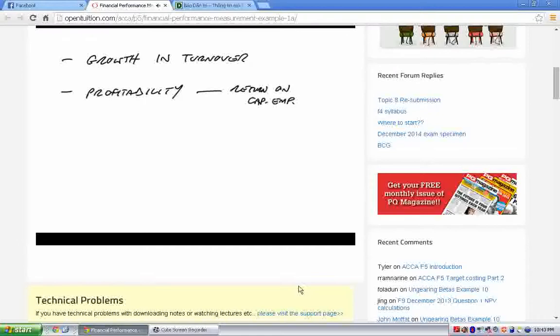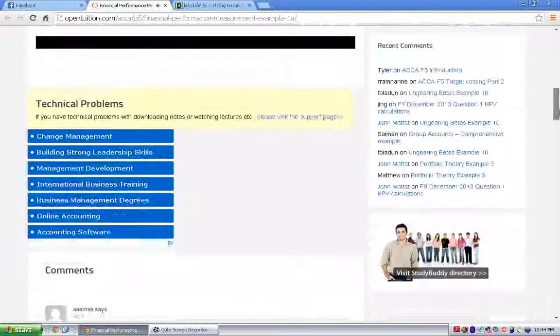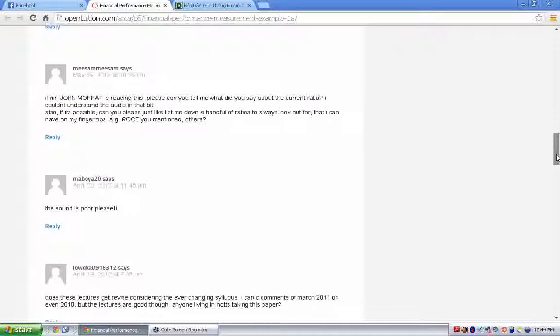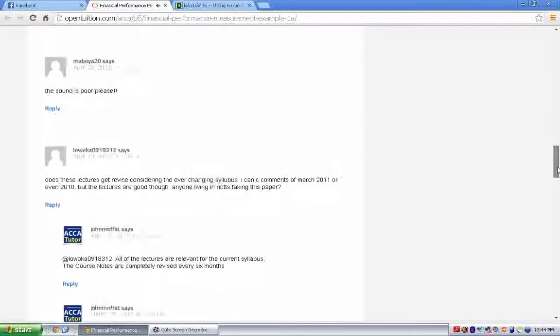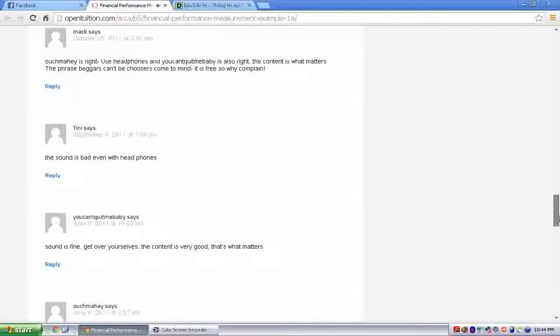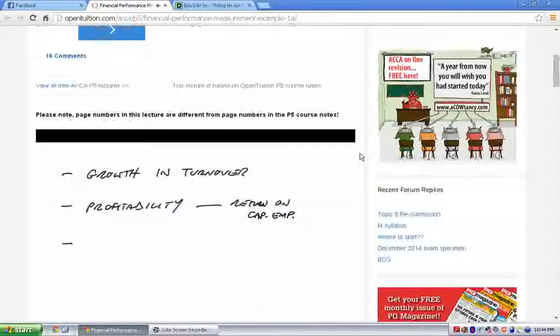If I give you 5 years of accounts, coming up with an enormous table of 10 different financial ratios for each of 5 years, return on capital employed, asset turnover, whatever, is wonderful, but you get hardly any marks.